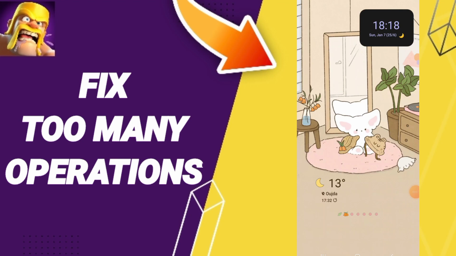Hi everyone, today we'll talk about how to fix or solve the problem of too many operations on Clash of Clans. To know how to fix the problem of too many operations on the Clash of Clans app,